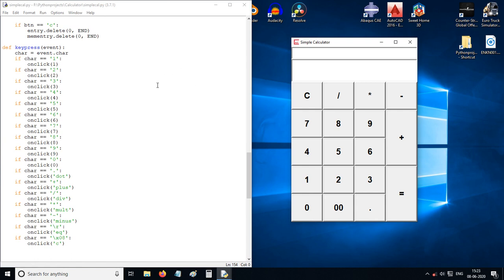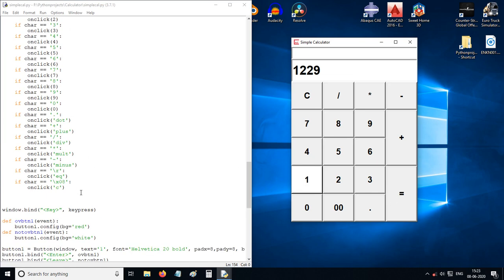If we press normal number pad buttons or the number row buttons, anything, 1 to 9, minus, enter. If we press enter, enter is similar to equals. Where is this enter? This slash r. Slash r is enter.